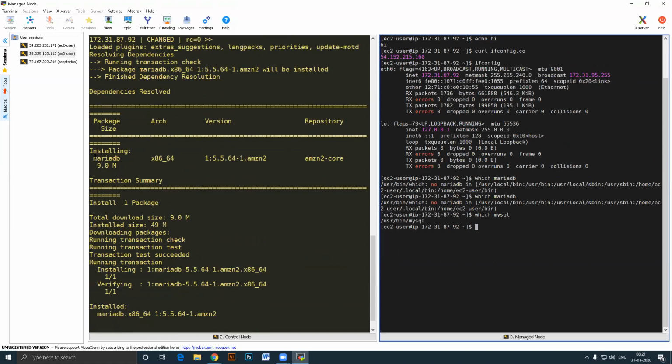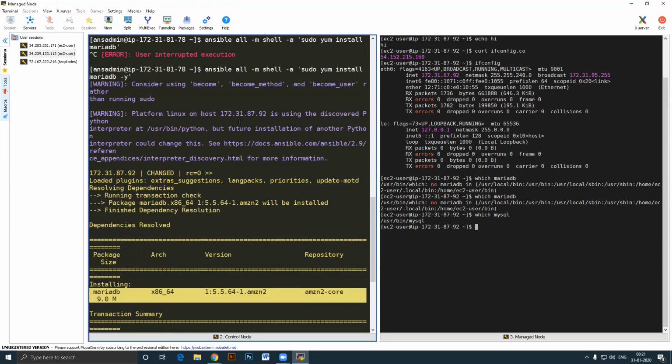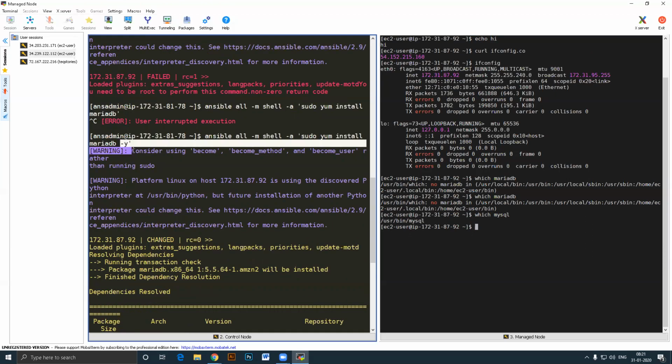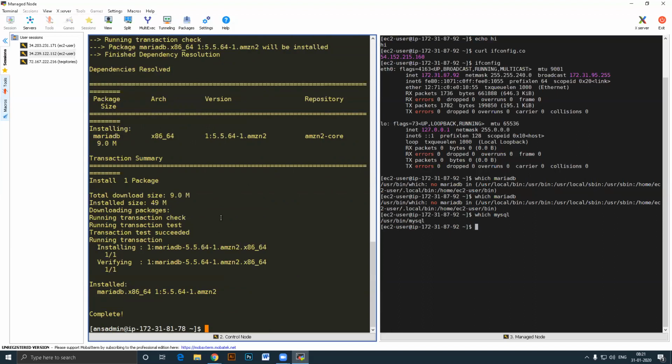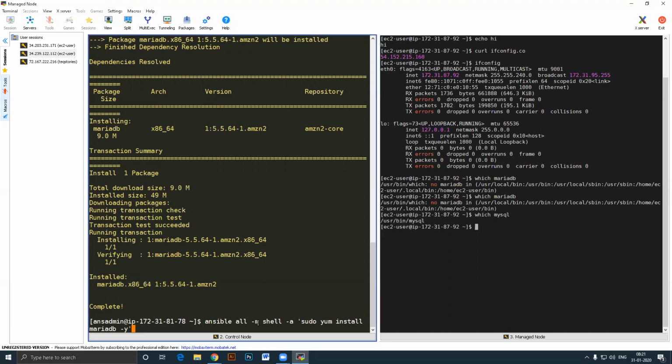MariaDB was installed, right? So last time the mistake I made was I did not write the Y. So it was waiting for this Y for me, right? So anyway, now you can see this 49 MB installation. It has been installed. MariaDB is running. So we can install a database completely over here. Let us see. Okay, let us say after this I want to run like